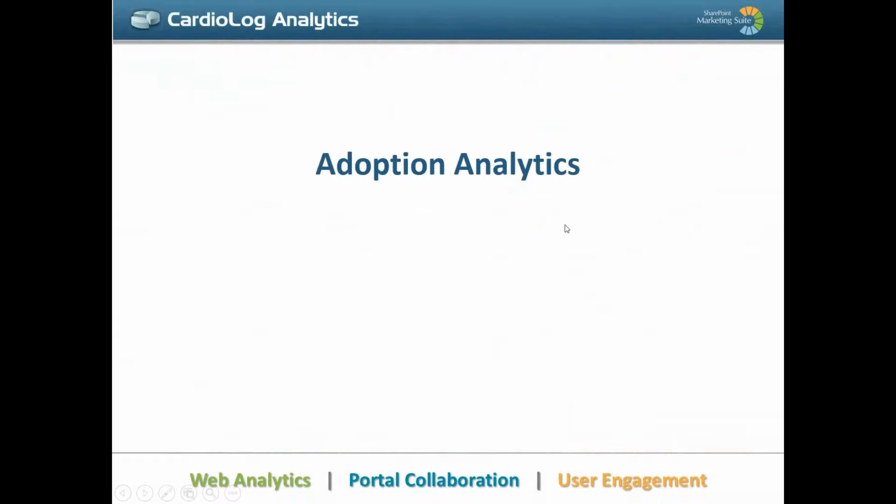Perfect. Thank you for that, Bill. Very interesting information. I'm going to dive a little deeper into some of the things that Bill touched on, into more of the specific analytics and the trends that we see, talking about social analytics and adoption. So let's dive into a few slides, and then from there we'll get into a short demo as well.